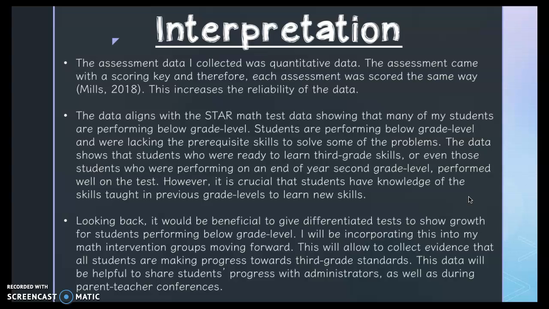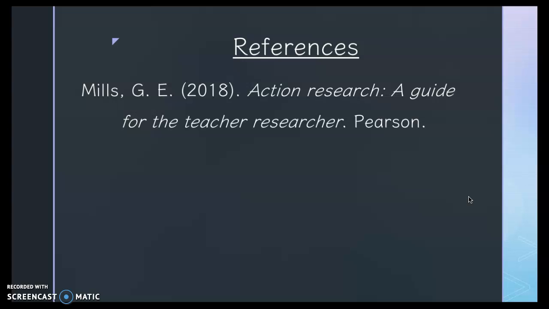So as a solution to this, I'm going to be incorporating my math intervention groups and collecting data there. I already was doing that with targeted progress, but I'm going to start collecting more data by giving a pre-test and a post-test to start showing student growth. That way I can show my administrators and show during parent-teacher conferences that even these lower students who are performing poorly on our chapter assessments are still making progress toward the third grade standard by acquiring some of those prerequisite skills. So then I just had my references with the Mills text,